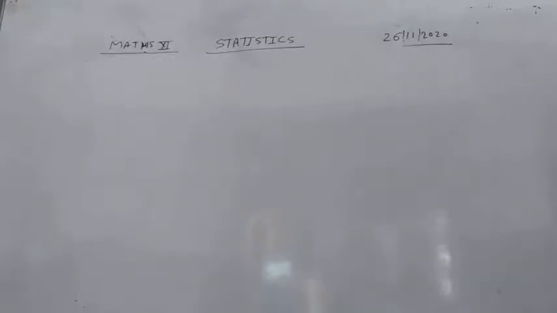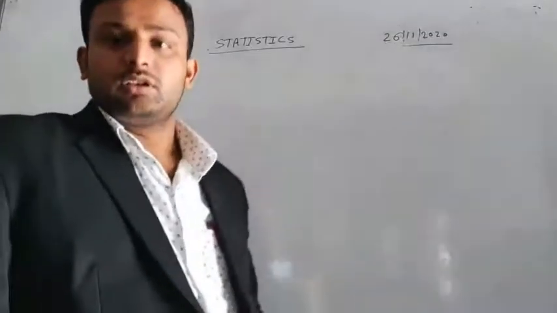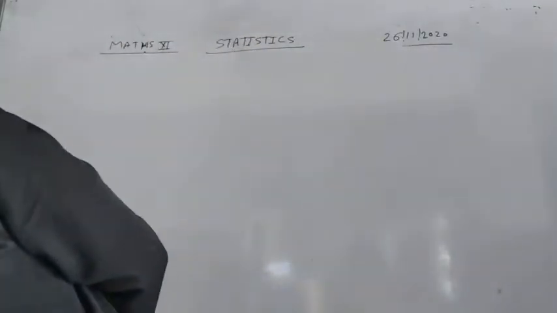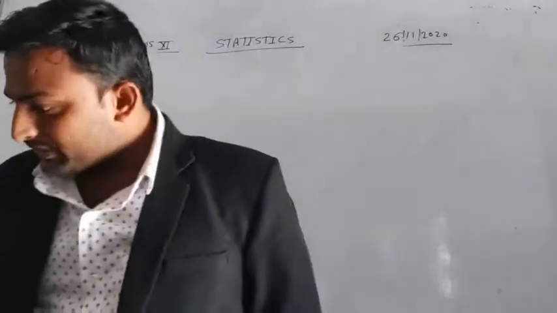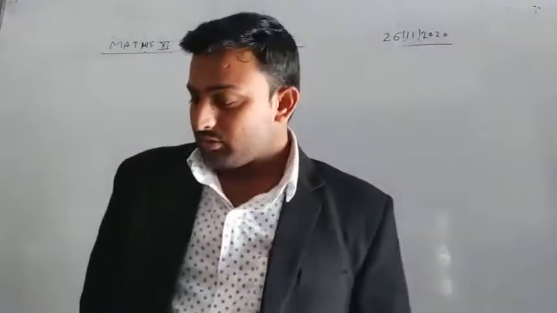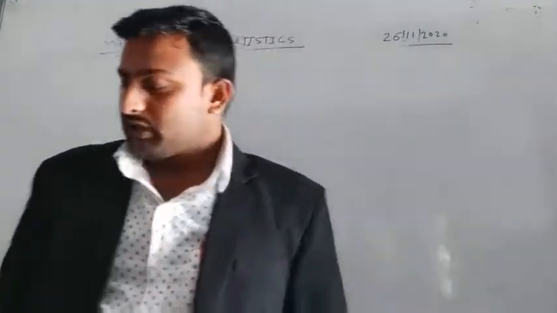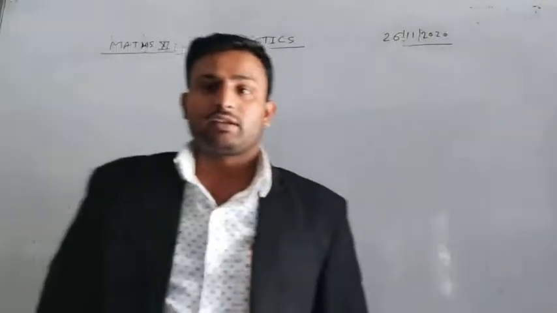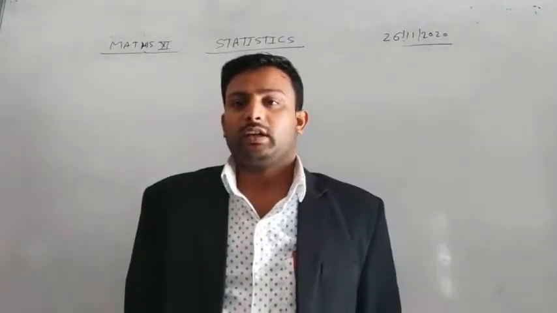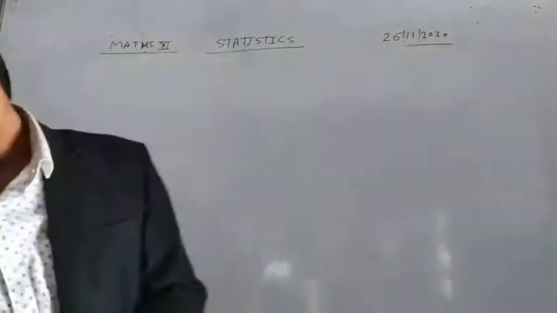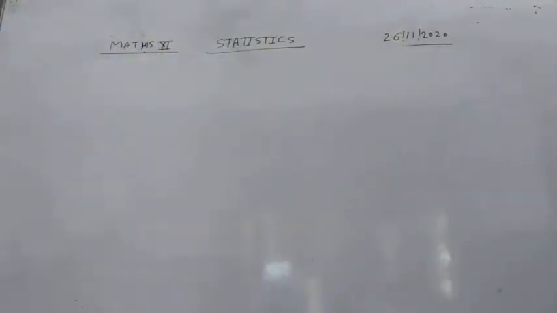From the prices of share X and share Y below, find out which is more stable in value. There are two prices of shares X and Y, and we have to find out which is more stable. For finding out which is more stable, we will find out the coefficient of variation of both share X and Y, and on the basis of that we will say which is more stable. So let X be